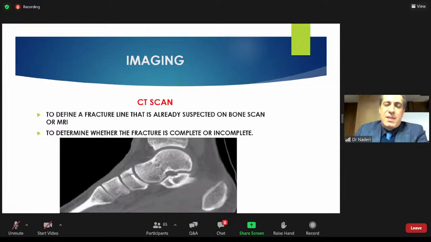CT scan is used to define the fracture line that is already suspected on bone scan or MRI. And it is also used to plan the treatments, because we can see whether the fracture is complete or incomplete, and also